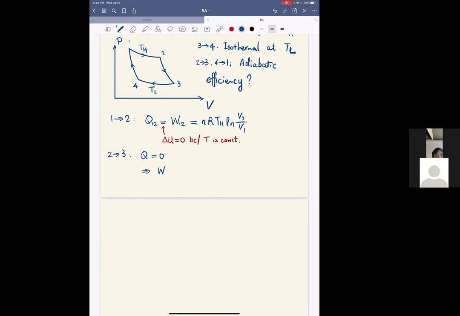Therefore, recall that dQ equals dU plus PdV, where PdV is the work. This is the first law of thermodynamics. In this way, we know that the work done from 2 to 3 plus the increase in the internal energy